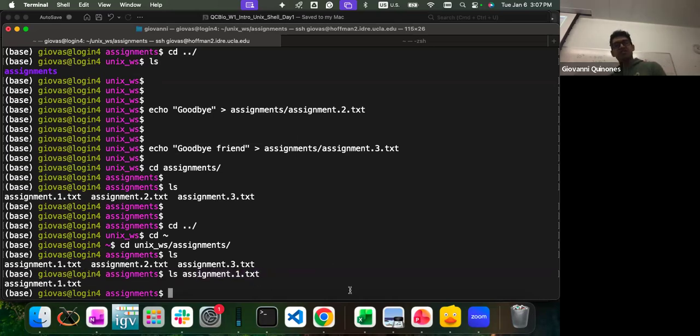Of course, it takes practice, but at this point, one of the objectives of this workshop is that you feel comfortable navigating through these files. Any questions? Okay.